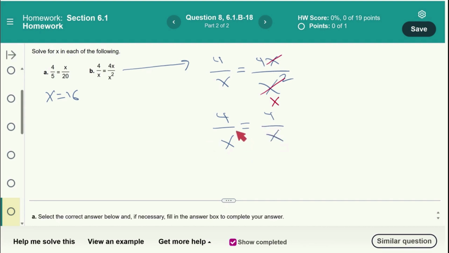Well, obviously 4 over any number equals 4 over that same number, right? So this is going to be true for all integers, except, of course, we know that x shouldn't be what? X shouldn't be 0. So this x is any integer